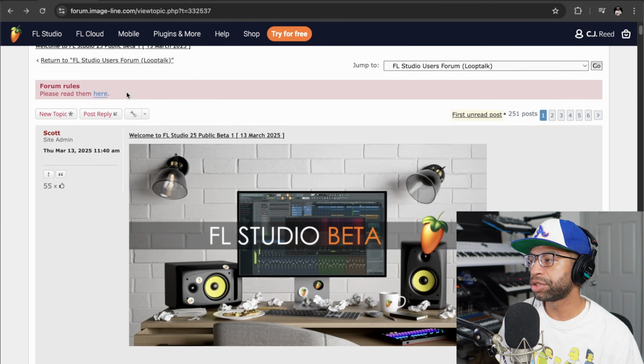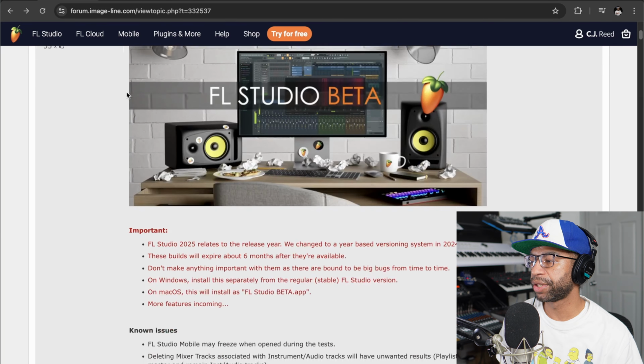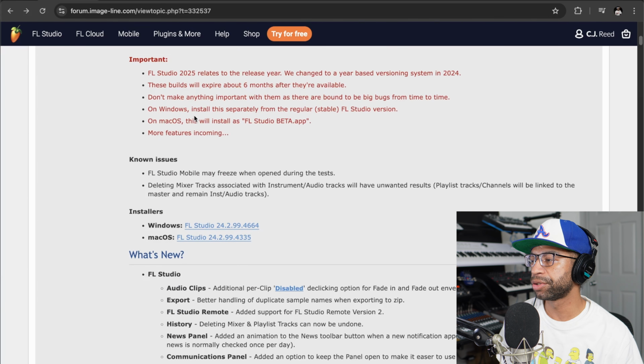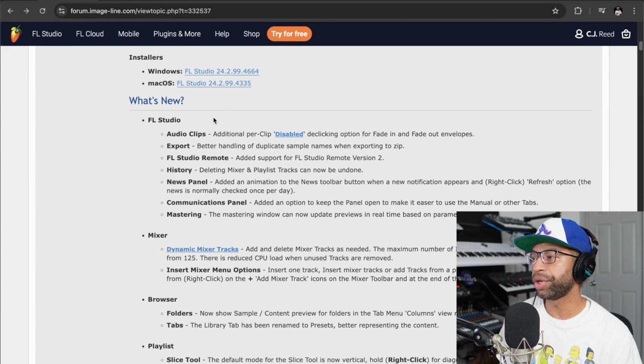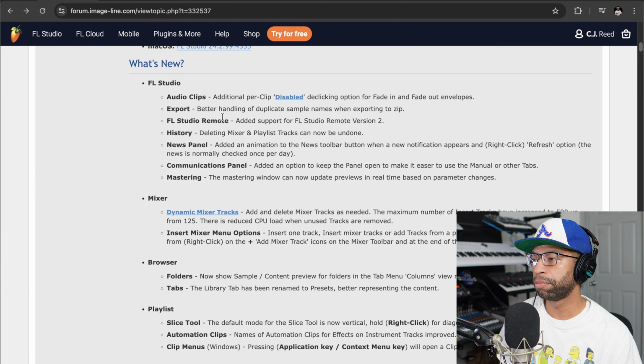All right, guys, so I brought you to the forum just to kind of talk about some of the things that are in here, some of the key features. So keep in mind that this is just beta. This isn't the final version or anything like that. The beta is only good for 6 months. But what's going to be new here in FL Studio 25 is it looks like they've got some new things with audio clips, additional per clip disabled, clicking option for fade in, fade out envelopes, export, better handling of